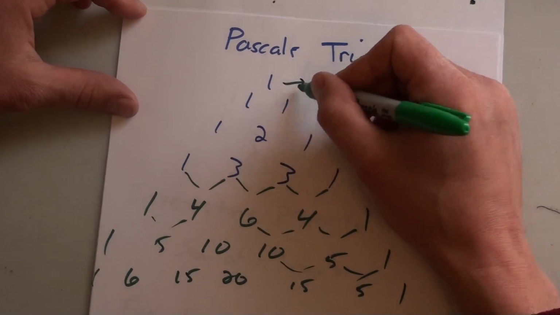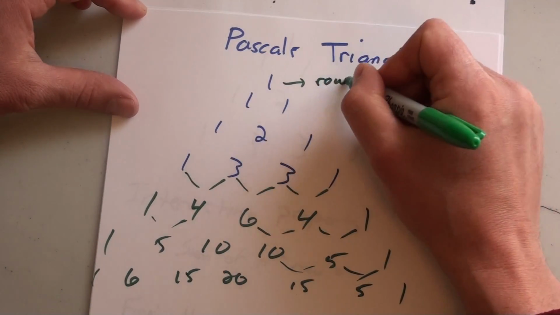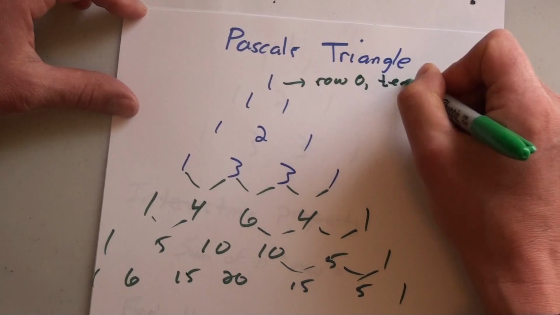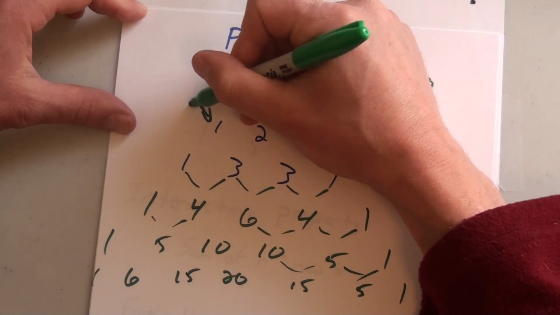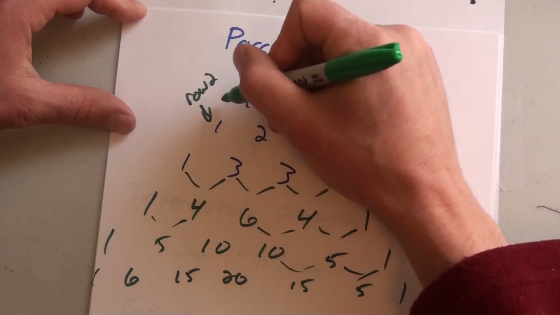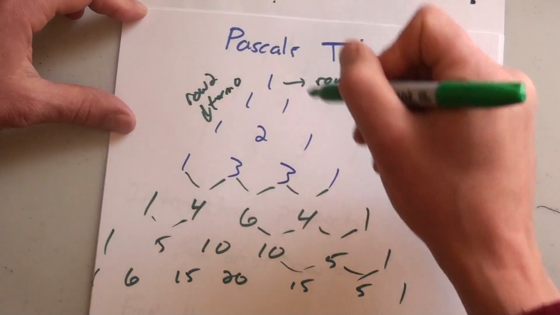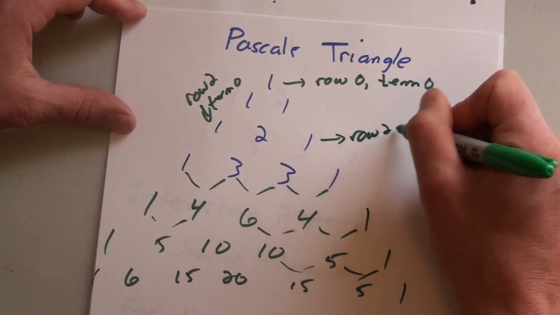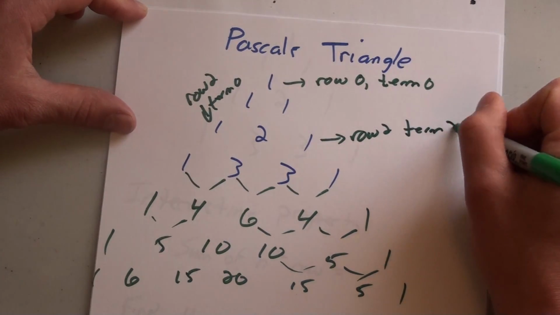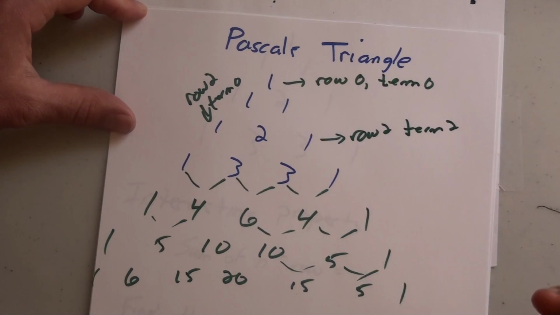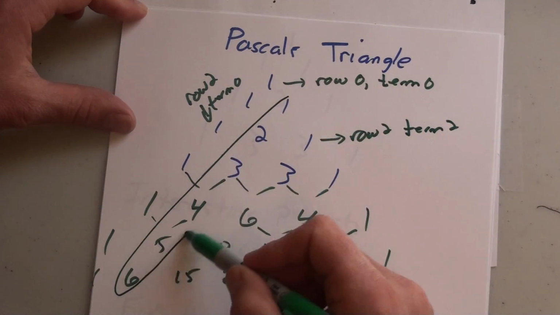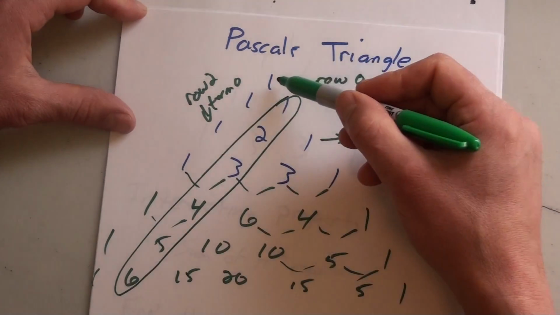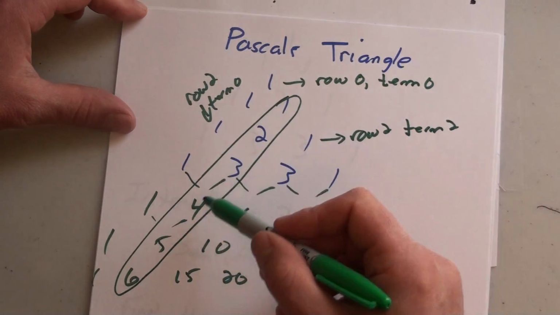Should note that it starts at 0. This is actually row 0, term 0. This would be row 2, term 0, and this would be row 2, term 2. Okay, so it starts at zeros. You can tell what row it is by the diagonal right here. So it starts at 0, then goes row 1, row 2, row 3, row 4, row 5,